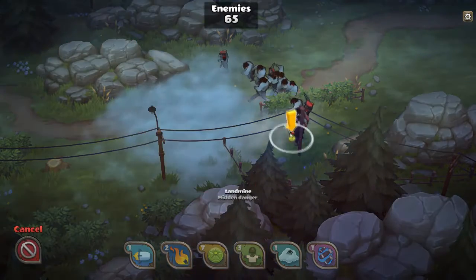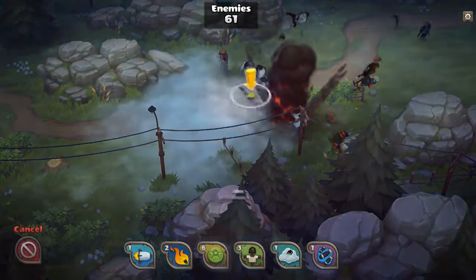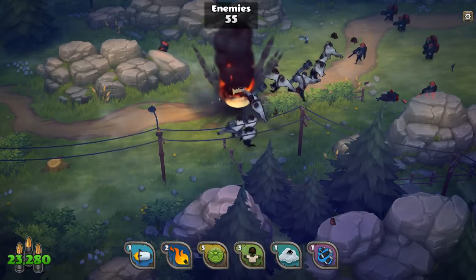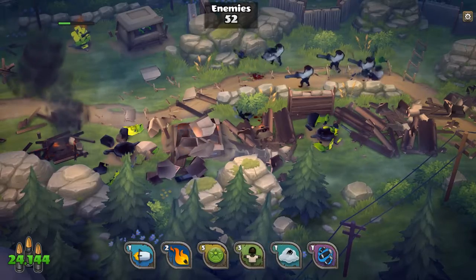Now let's quickly use the landmines. We don't need them. You won't get anything extra if you end up with loads of specials, so I think it's better to just use them. Let's see, any crates there? No, nope,